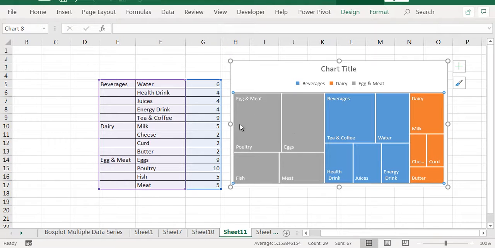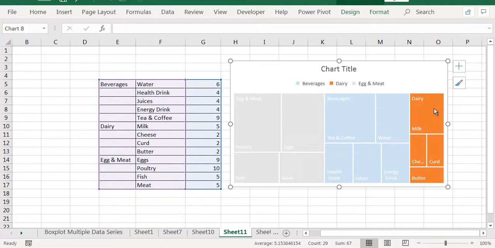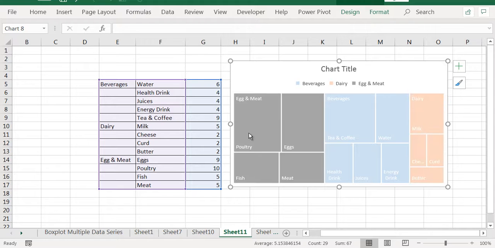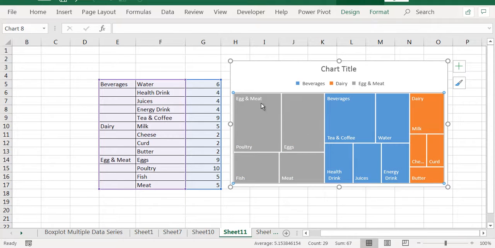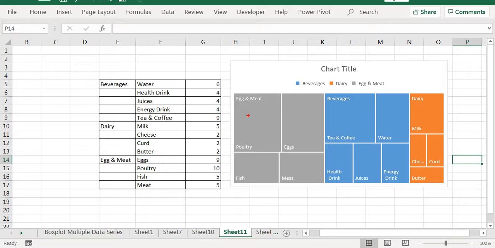You have this is egg and meat category, beverages category, you have dairy category. Under the egg and meat you have poultry. So note that you may think that okay, this is egg and meat and then poultry are same. In a tree map this is one issue. You think this is full egg and meat and this square is for the poultry. So it looks like this rectangle is the egg and meat. No, egg and meat is this entire thing. Similarly, beverages is this entire thing and dairy is this entire thing.